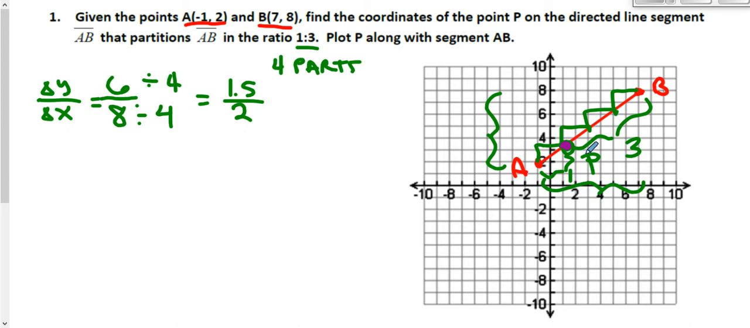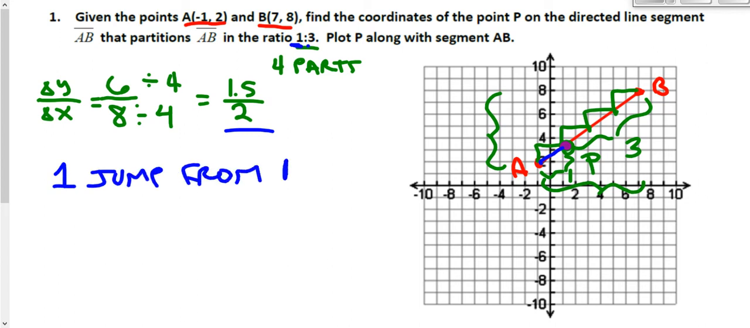Now, I can see where that value is because I'm okay with counting by 1.5s, but not everybody is, which means in order to get a good idea of where this is mathematically, what we need to recognize is that from point A, we have done 1 jump. That's this 1 in my ratio. And then the other 3 happen after my partition. But to get from point A to my partition, I have to make 1 jump using this ratio. So 1 jump